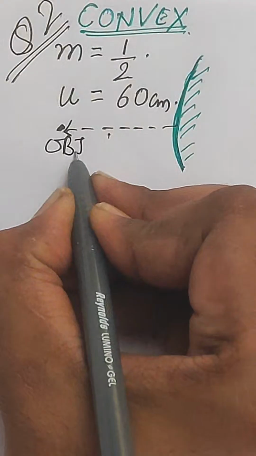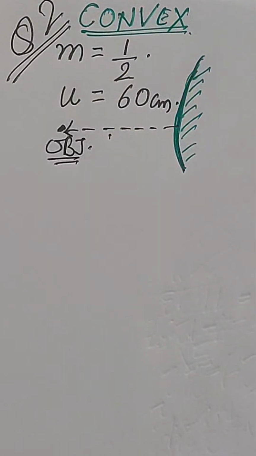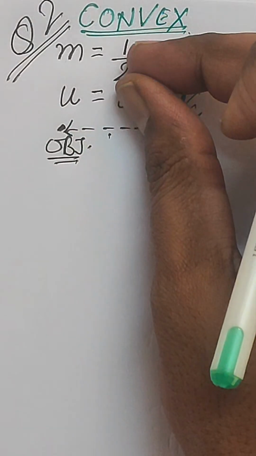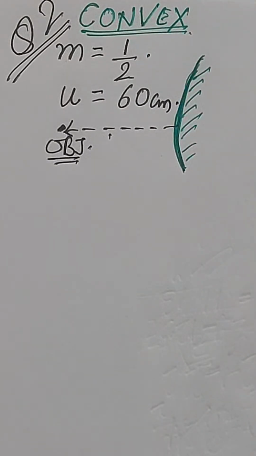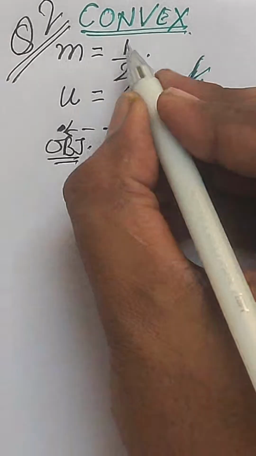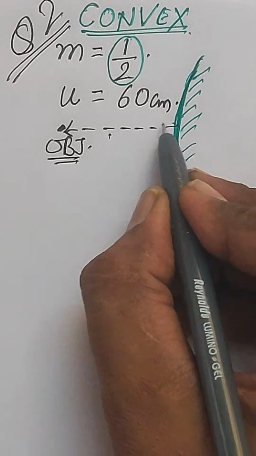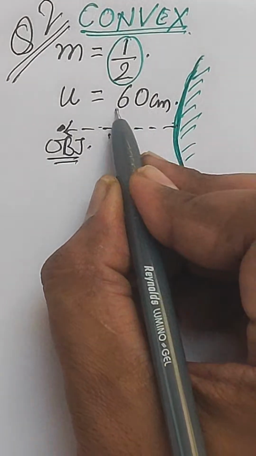The object distance we need to find. A convex mirror produces a magnification of 1 by 2. That means you can see the size of the image is reducing, that is 1 by 2. So when an object is placed at a distance of 60 centimeter from it, here this is 60,